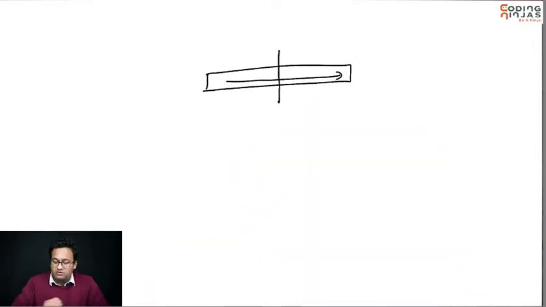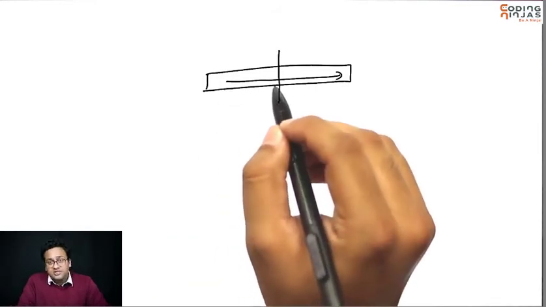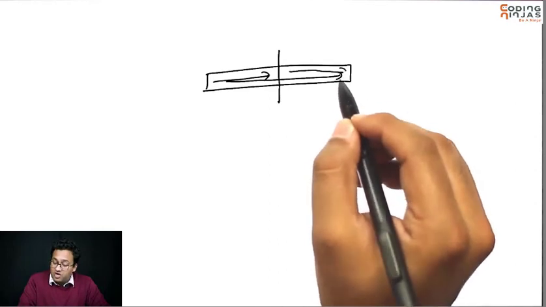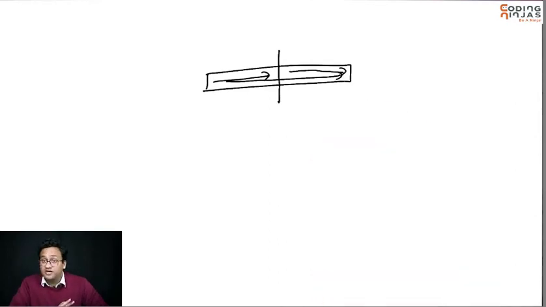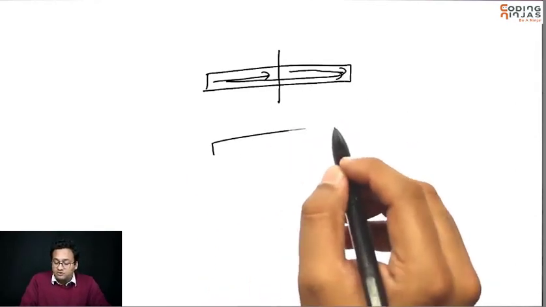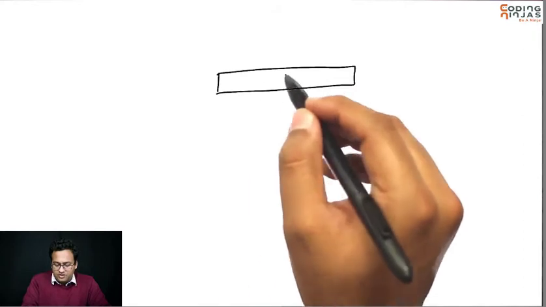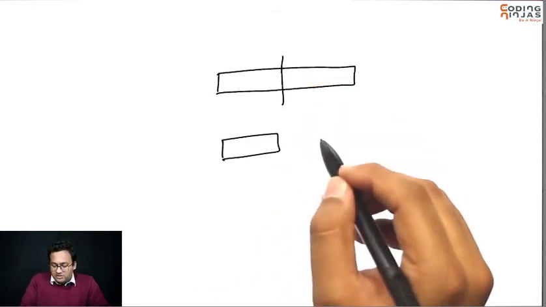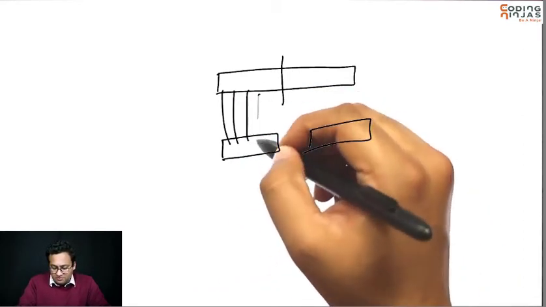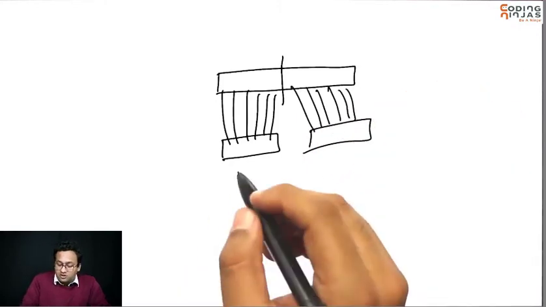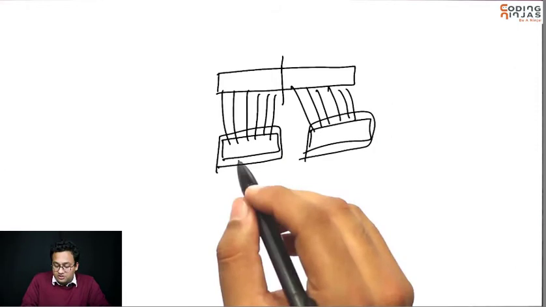So what can we do? It says sort the first half, sort the second half. When both of them are sorted, you don't have to worry about how they will get sorted. They will get sorted because of induction hypothesis. You merge these two into a bigger one, a bigger list, and that list will be sorted. The way I would recommend you to code this would be this. Take two smaller lists, copy from here to here, copy from here to here. Okay? Call merge sort on this, call merge sort on this, and this will become sorted.